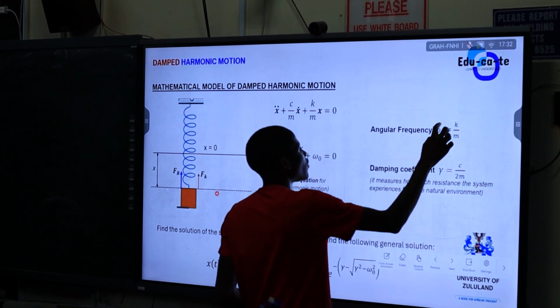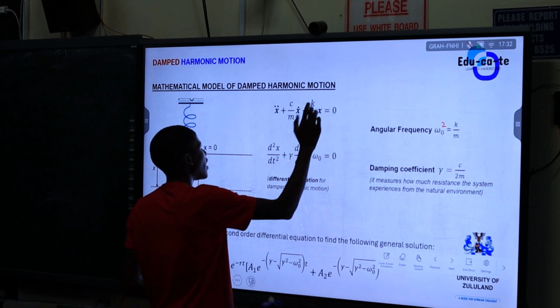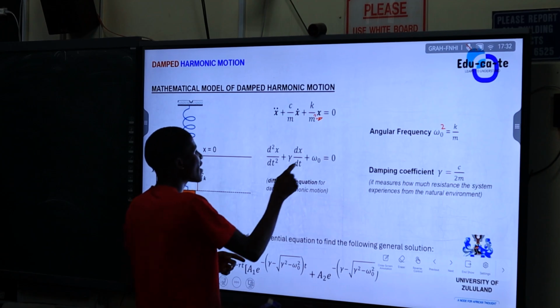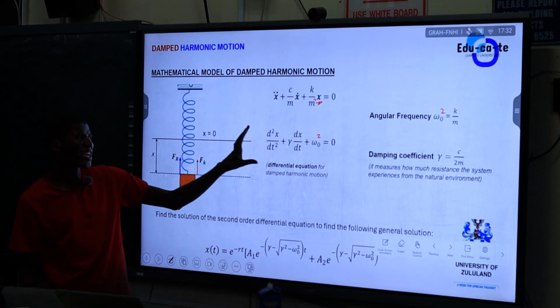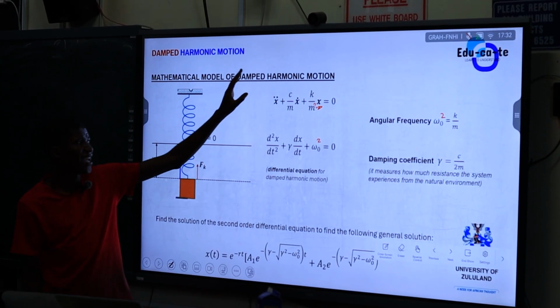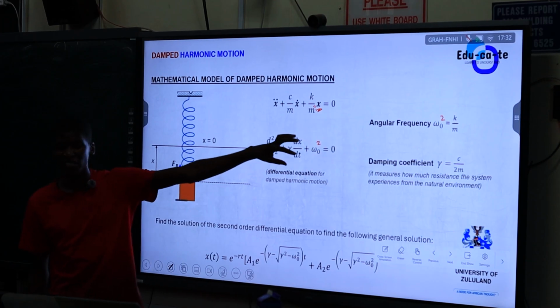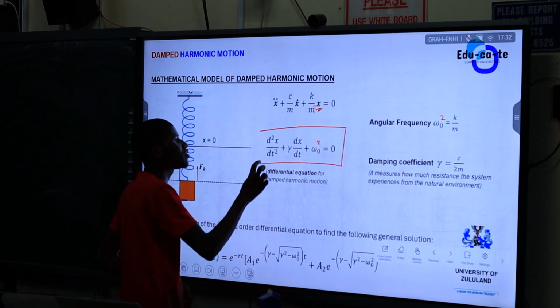So this is omega naught squared. This is also omega naught. Okay, but it's fine. Omega naught squared. This is omega naught squared. You're just going to fix the couple of mathematics there. So this is going to be your final differential equation. But you are not yet deep into differential equations.